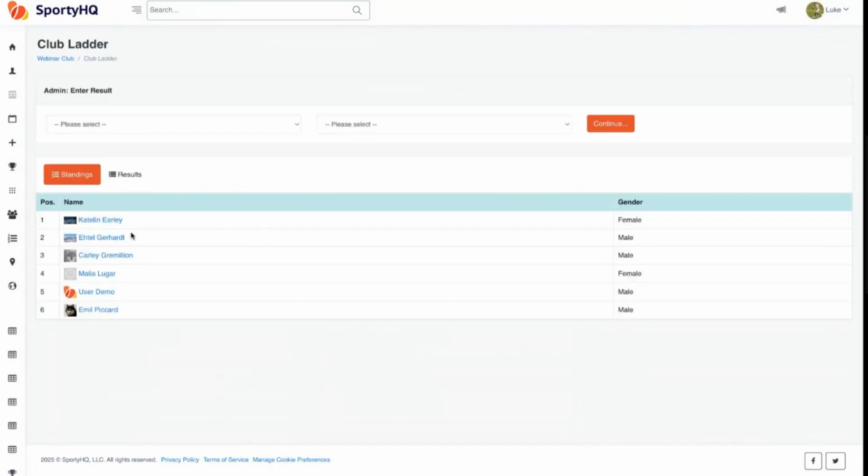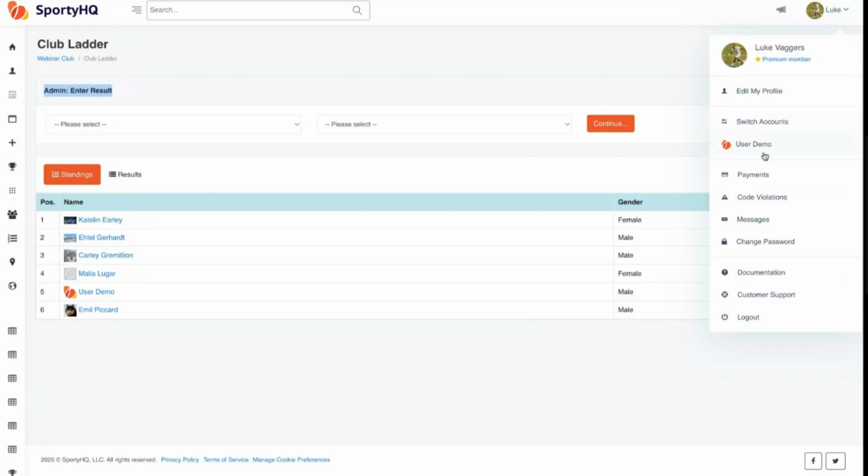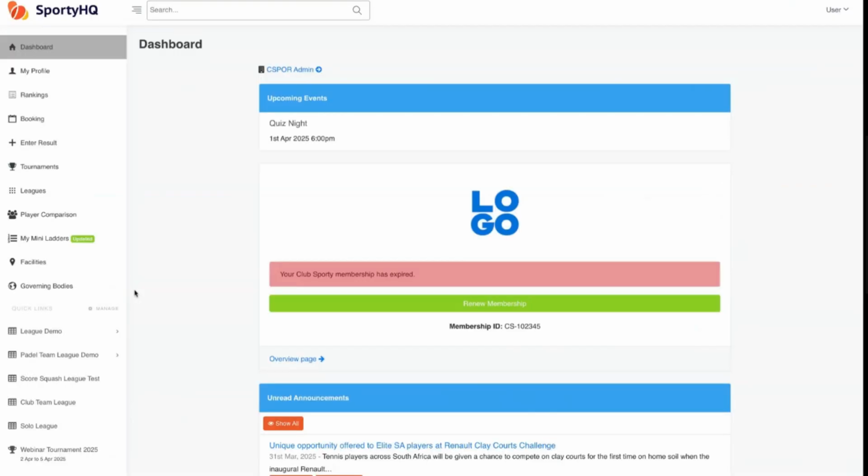First thing we can look at is the ladder. As an admin, I can enter results. I can see all past results. That's for players too. Now, in terms of actually entering the results, if I switch to my profile here, user demo, which is in the ladder, the standard one here